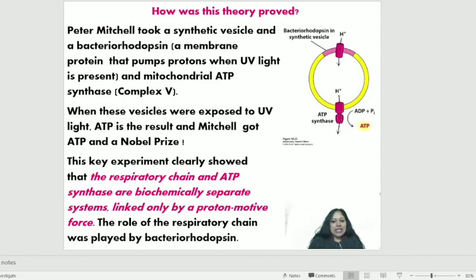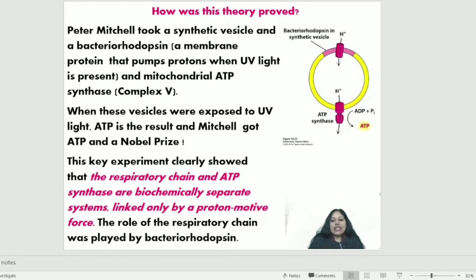ATP synthase is a separate entity; you can separate it out, and you can still form ATP by just having a proton pump. This is the finding and the conclusion of his theory,